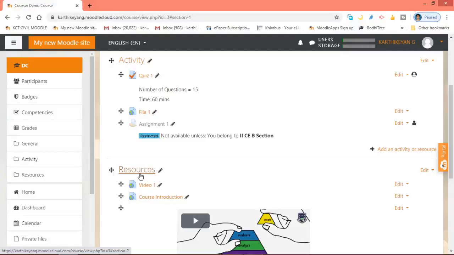And suppose if you are handling lab courses, the lab courses may have a number of groups, maybe 6 to 7 groups, each group having 4 students, so that you can categorize the groups as group 1, 2, 3, 4, and so on, and you can add the students in the respective group, so that you can run the lab using this group option. So that's it.